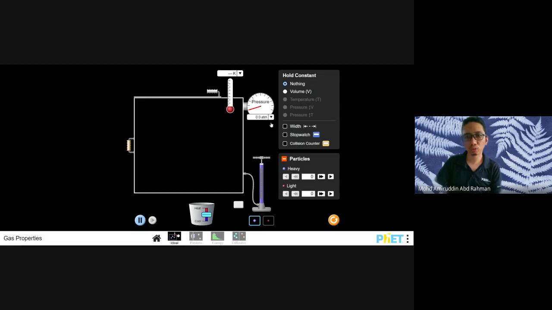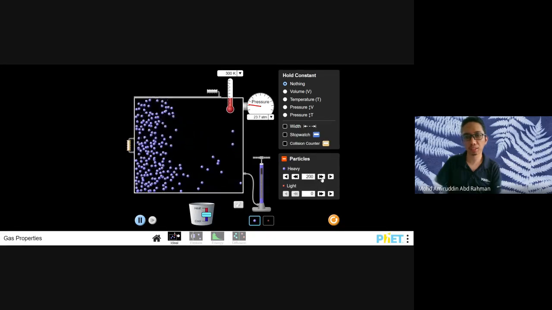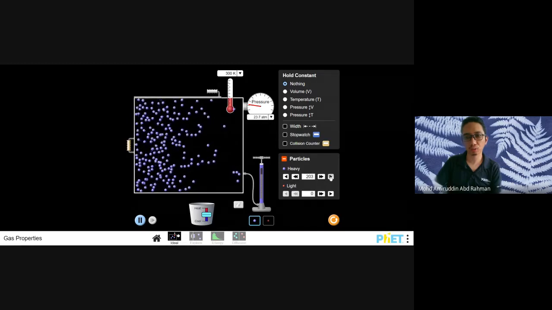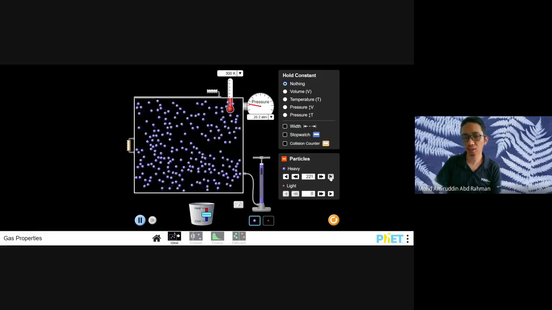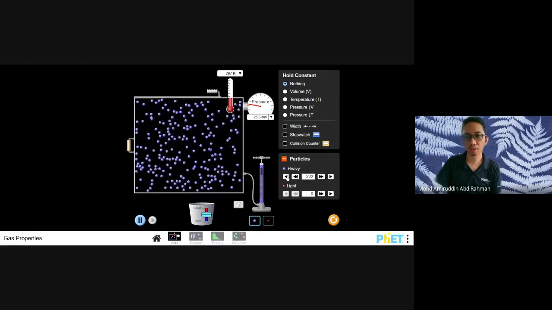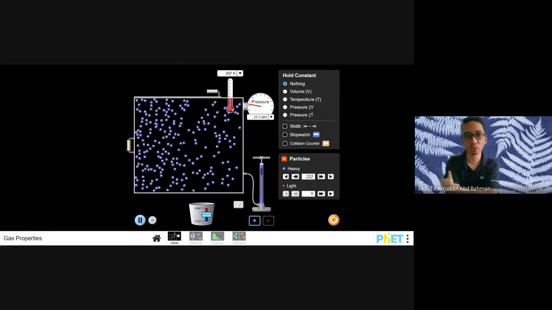You can also not use the pump, and just press the forward play button. If you use the play button, it will increase slowly. So that's the two ways that you can